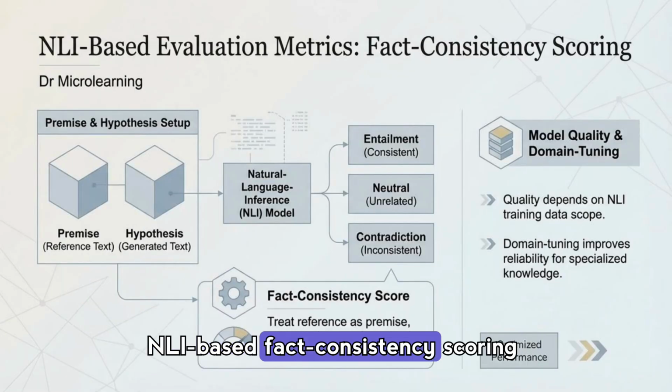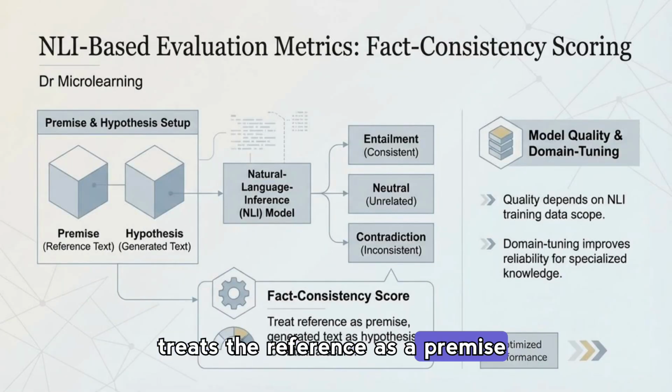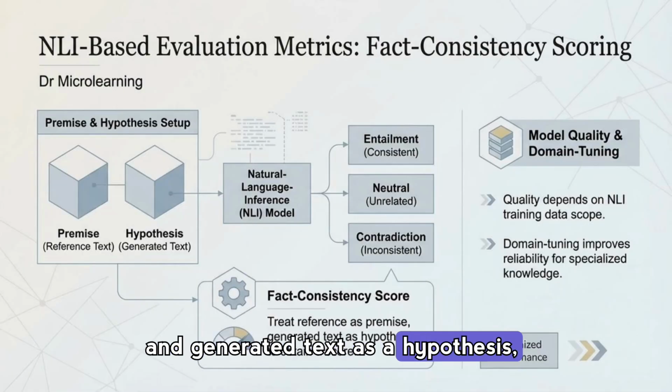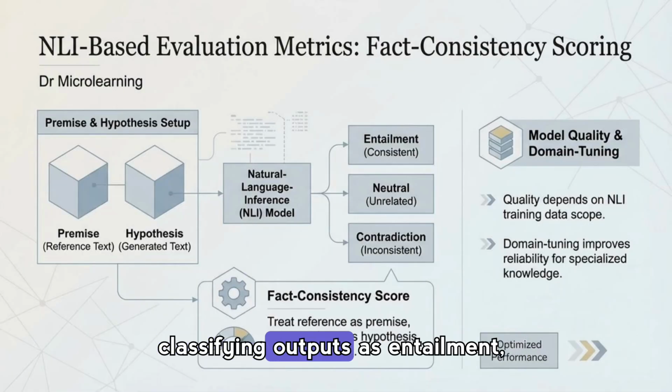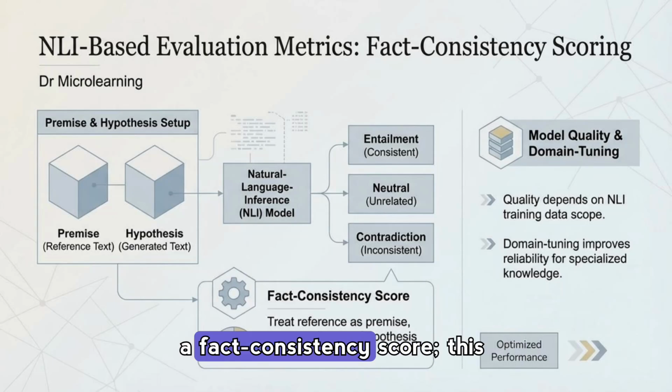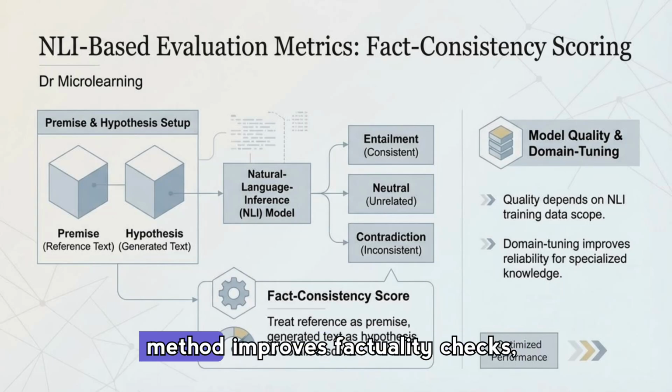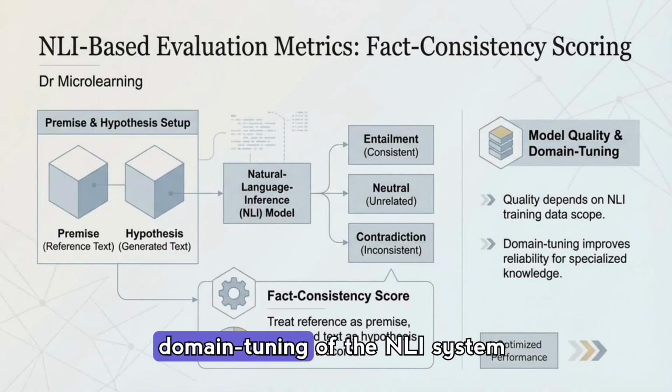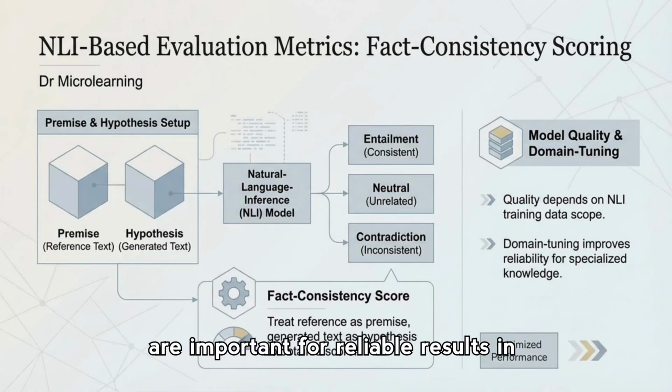NLI-based fact consistency scoring treats the reference as a premise and generated text as a hypothesis, classifying outputs as entailment, neutral, or contradiction to produce a fact consistency score. This method improves factuality checks, though model quality and domain tuning of the NLI system are important for reliable results